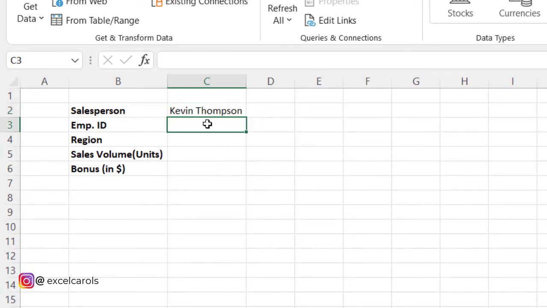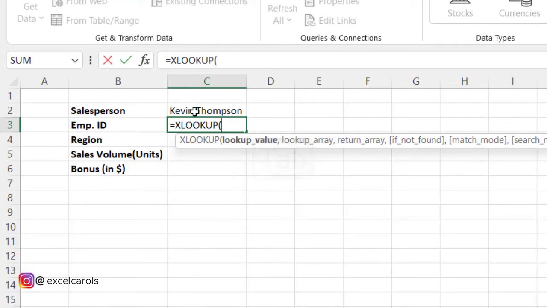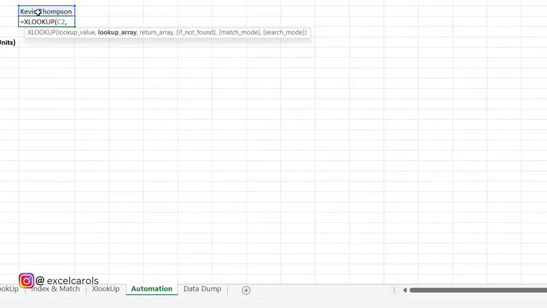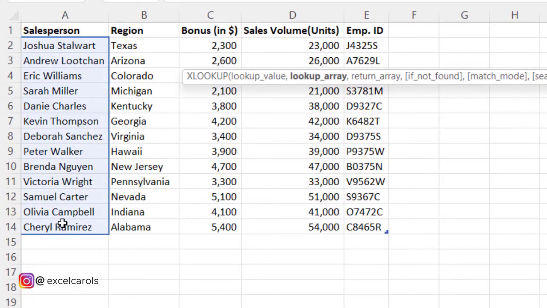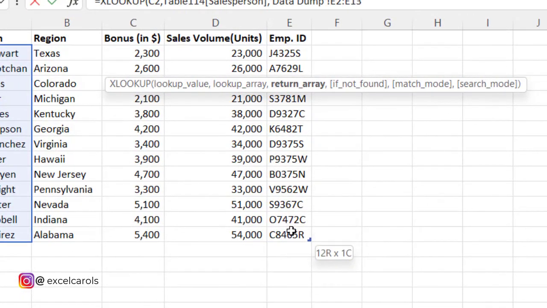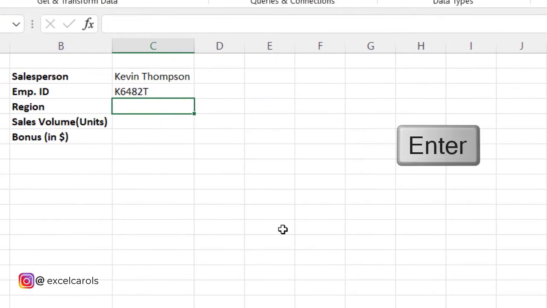Then we will enter the employee IDs. Let's use XLOOKUP to do this. The lookup value, that is the salesperson, then the lookup array, that is the list of salesperson, the return array, that is the list of employee IDs, close bracket, press enter, and we have the employee ID here. For region, let's use index and match.